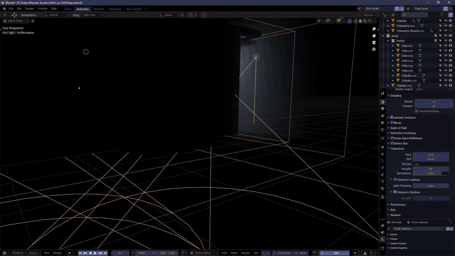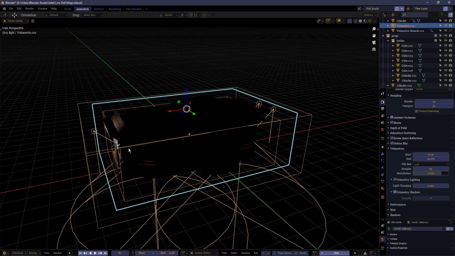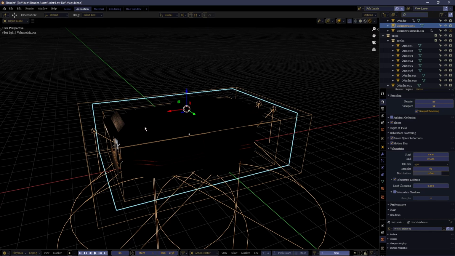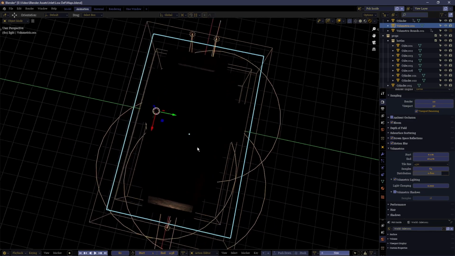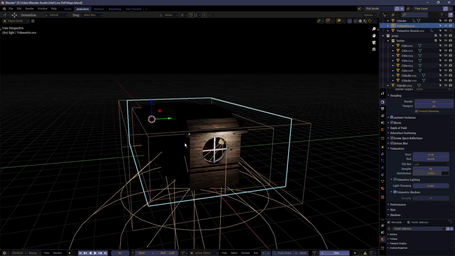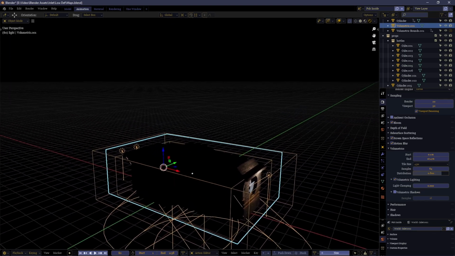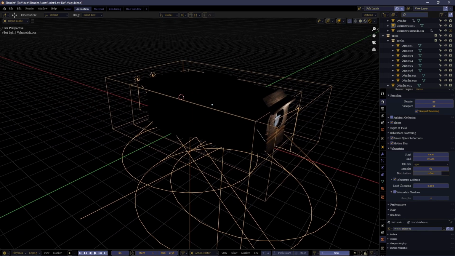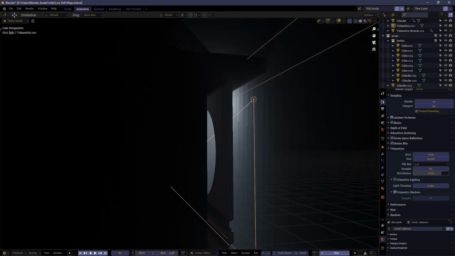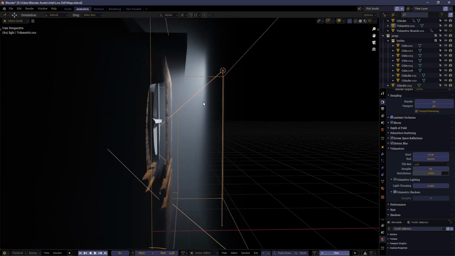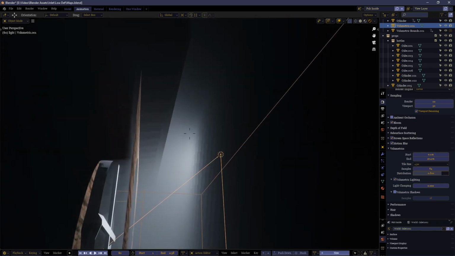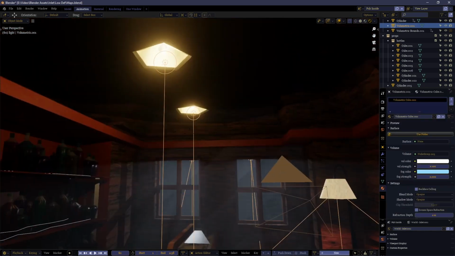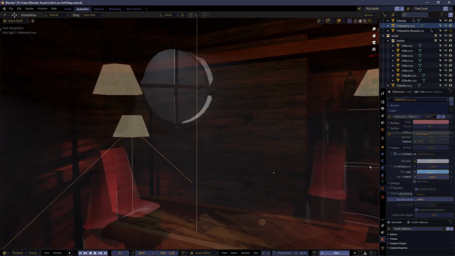But the better alternative is to create a box, a simple box, cube, around the area that exactly needs these volumetrics, because if you put it into the world shader, it's going to make volumetrics throughout everything in the entire scene, which you probably don't need. But just putting it around a box constrains it into just this one area, so it's not going to try and calculate volumetrics outside of the scene. The point is that it constrains the volumetric effect to just this scene here.